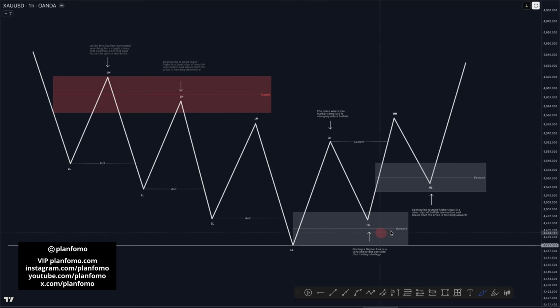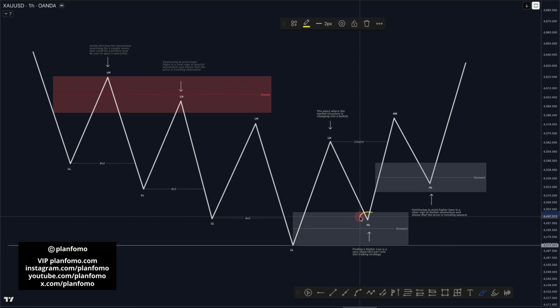The second part of the traders are waiting for some kind of more confirmation. They need more confirmation. This is not enough for them. Maybe it's some kind of shake off and we're going to go even lower. It is not enough. They're trying to see if we're able to print a higher low. And by printing a higher low, of course, they're zooming in inside here because we're on the 1-hour time frame. So maybe they're zooming in on a 15-minute or 5-minute time frame. They're seeing if this type of movement is happening on the lower time frame. So they're trying to enter a trade at this point, because it increases the probability of being right about